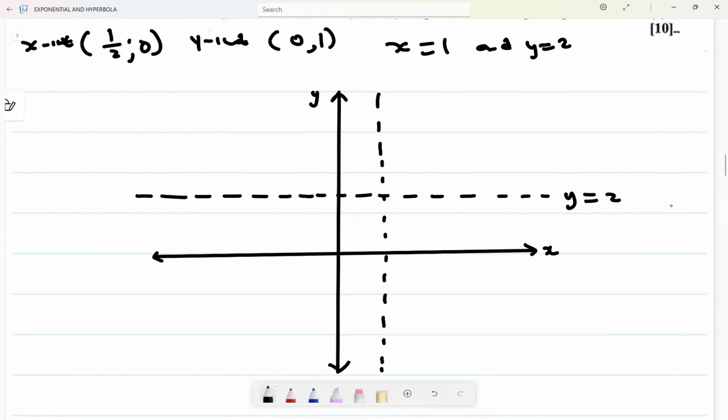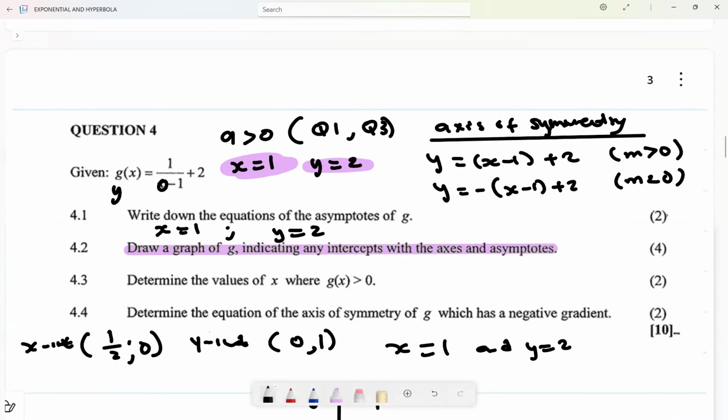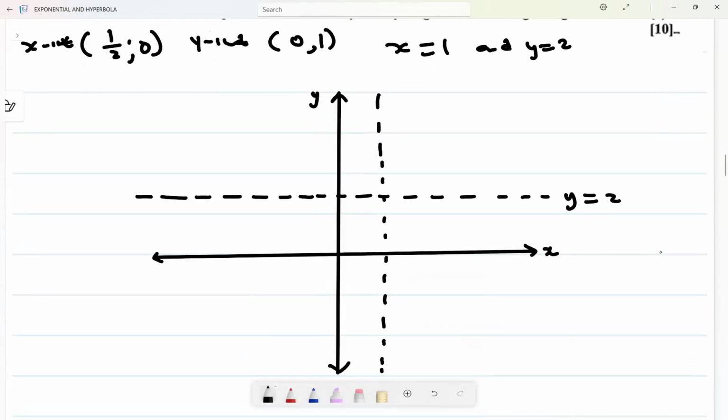Okay, and then I just need to draw. I said I'm going to draw on quadrant 1. So where's quadrant 1? Here's quadrant 1. These are now my quadrants, looking at the asymptotes. No longer this one, but looking at the asymptotes, it's this. And then the other one is going to be